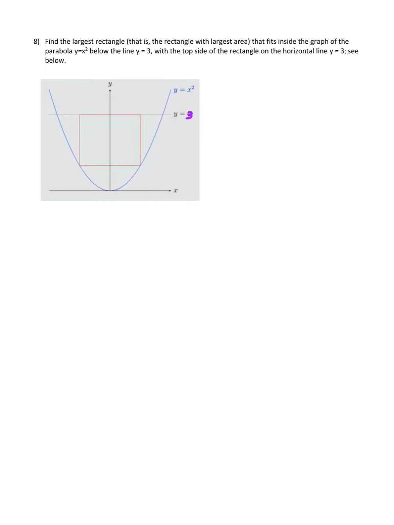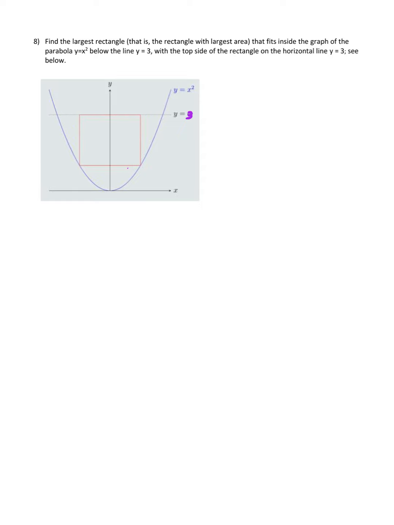Okay, so I've drawn one such rectangle. It's not necessarily the one with the biggest area. There are lots of rectangles I could draw that satisfy this. So if I put the top on here, I could draw this rectangle instead of the one drawn in the picture. But the question is, which rectangle will maximize area? I could draw this really long and skinny one. So the one that was drawn for us is just a random one to help us visualize what this thing